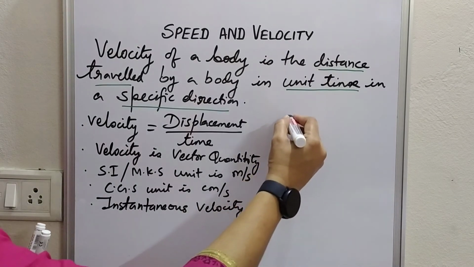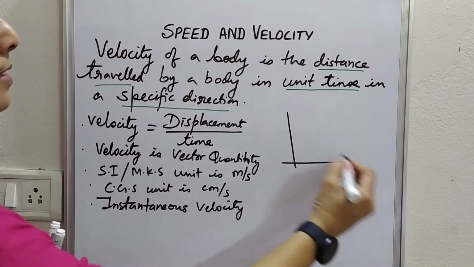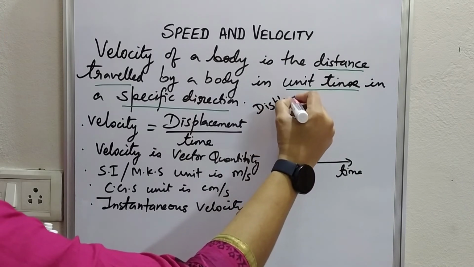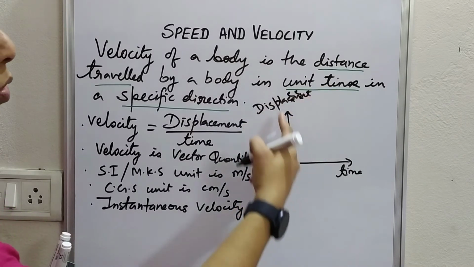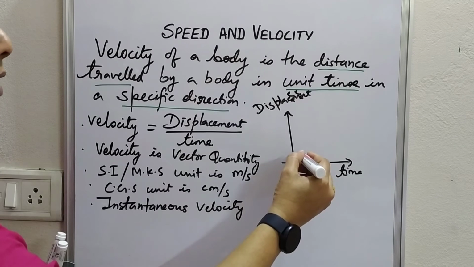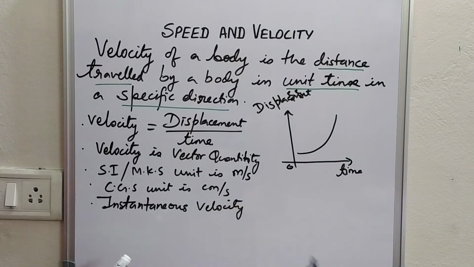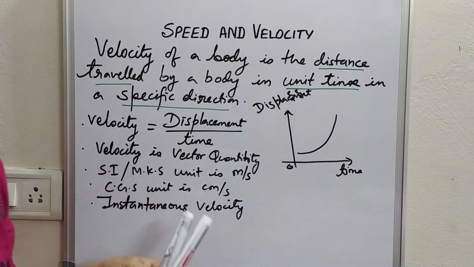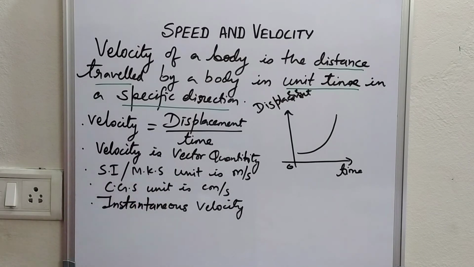Like this, I show a glimpse of it. Say we draw a graph with time along x-axis and displacement along y-axis. Then the graph for a body in non-uniform motion will be a curve. So the curve can be in whatever way. I have shown like this. So since the body has a variable velocity, means the body is traveling at unequal distances in equal intervals of time. It is in non-uniform motion.